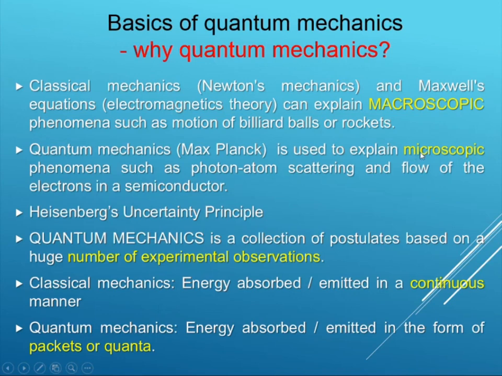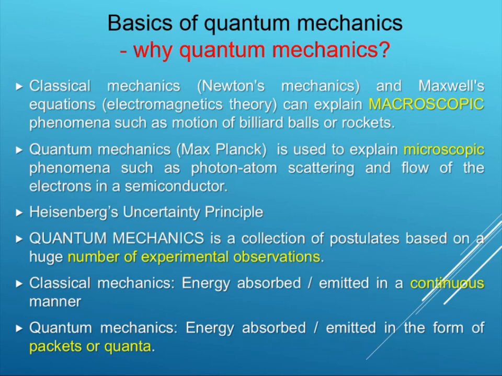A particle which cannot be seen by our naked eyes is known as a microscopic particle. If you see microscopic particles like electrons, what will happen? If the electron is moving around the nucleus, you cannot determine precisely and accurately its position and momentum simultaneously. If you are able to measure the velocity, you will be uncertain about the position. If you are certain about the position, you will be uncertain about the velocity. This is the difference between macroscopic and microscopic particles.